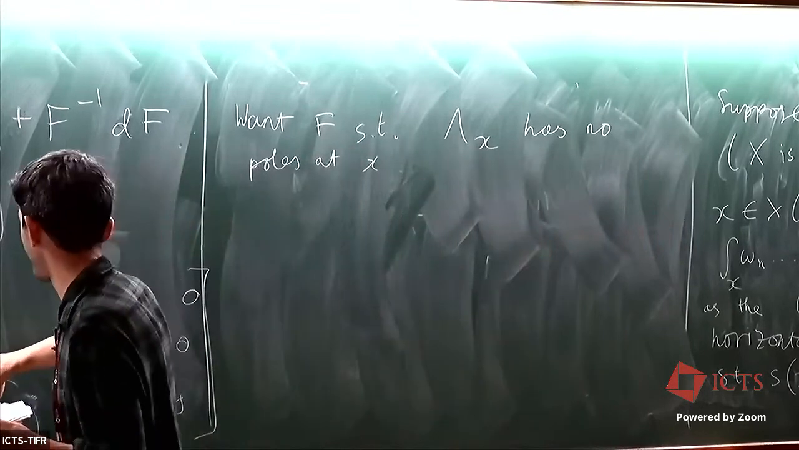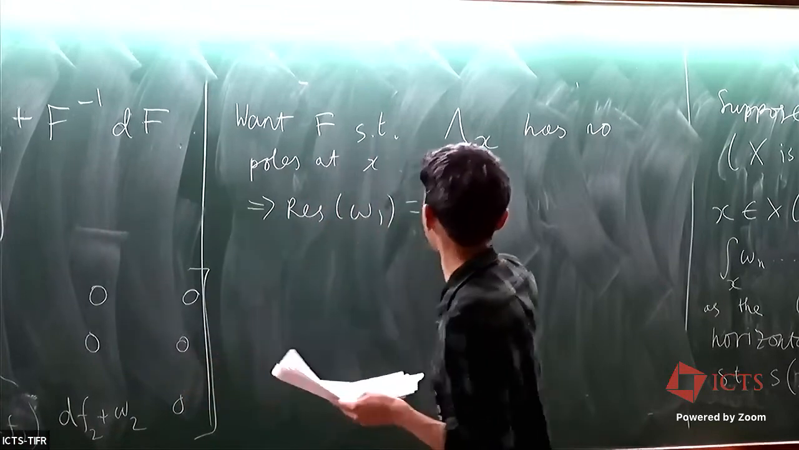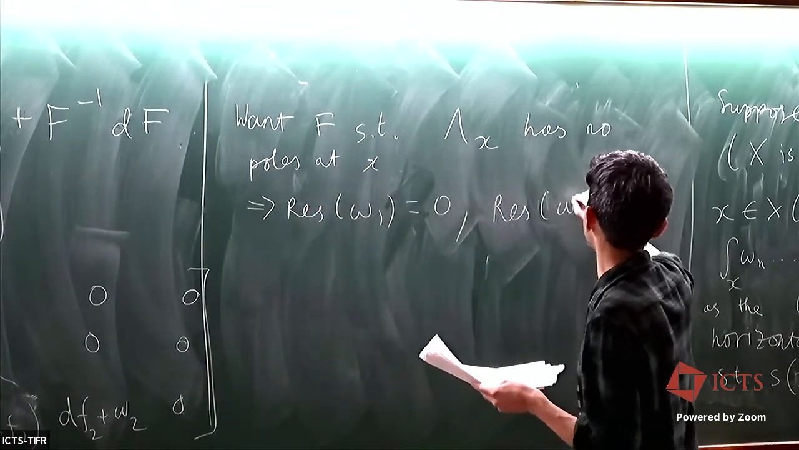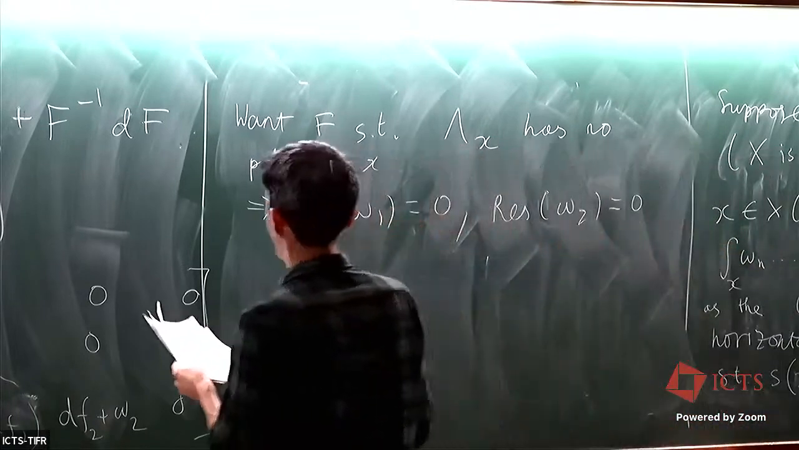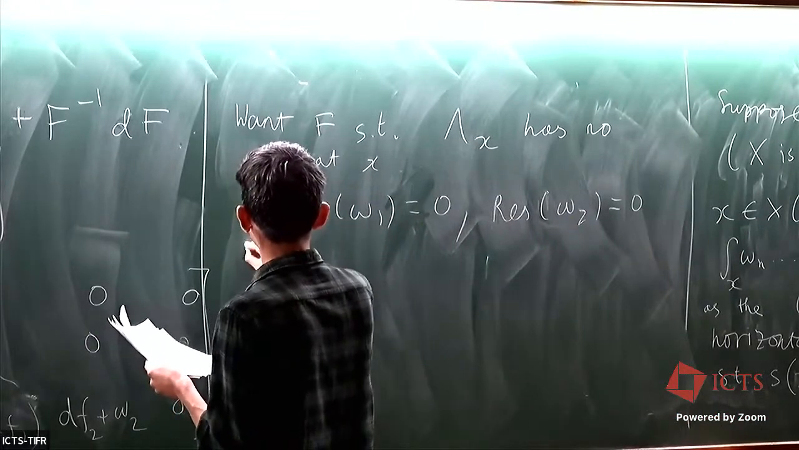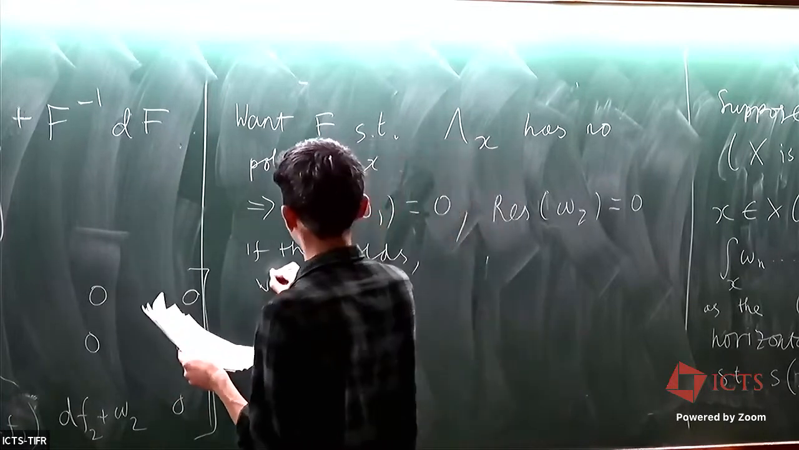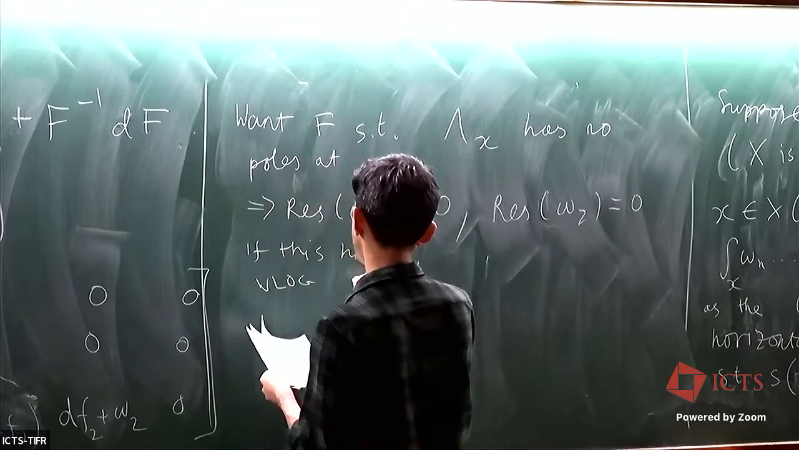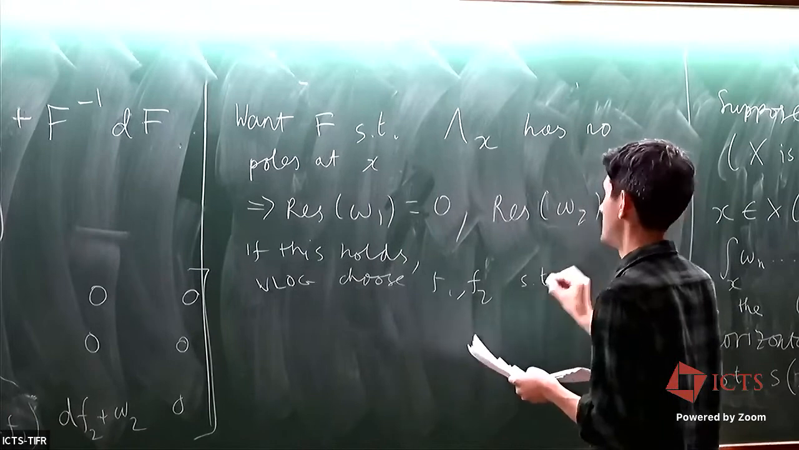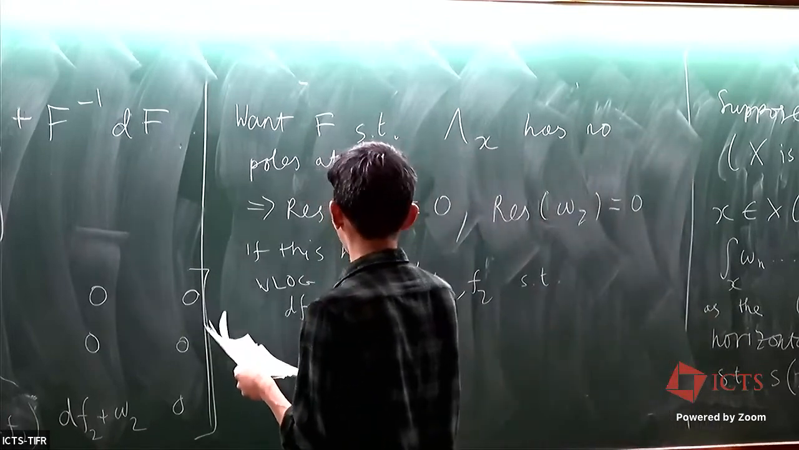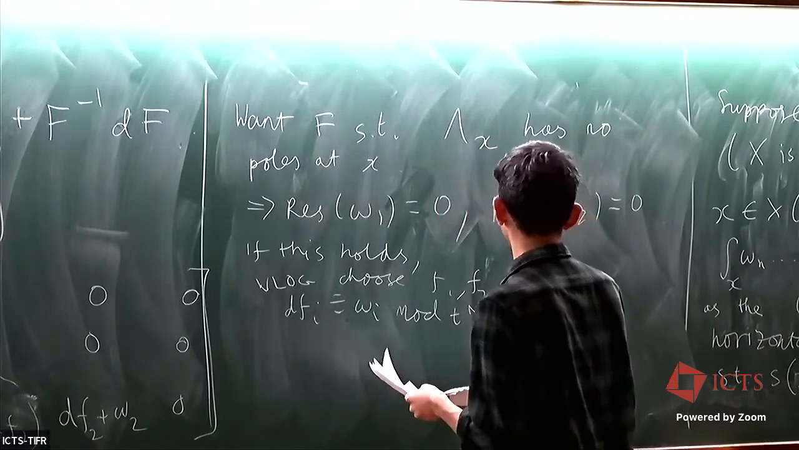So, as we've already discussed, this implies that we'll need the residue of omega 1 to be equal to 0 and the residue of omega 2 to be equal to 0. And actually, if this holds, then we can, without loss of generality, choose f1, f2 such that f_i is congruent to omega_i modulo t to the n, where t is a parameter as usual